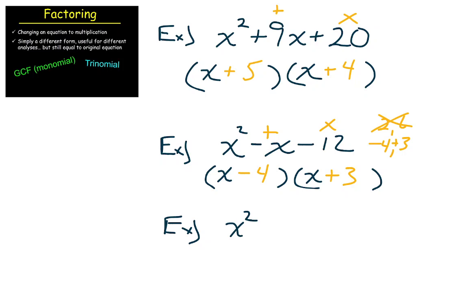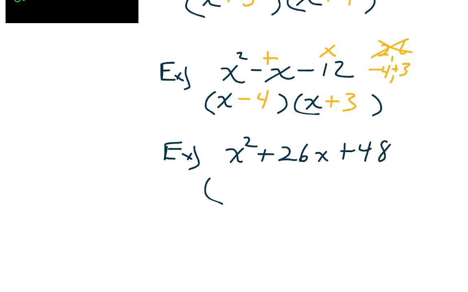Let's do one more. How about x squared plus 26x plus 48? Now, yeah, when the numbers get bigger, we have to kind of know our times tables a little bit better. Remember, you want to start with numbers that multiply to be 48. So, again, how's that list? Sometimes people start with ones that they're familiar with, like 8 and 6. But they don't add to be 26. How about,